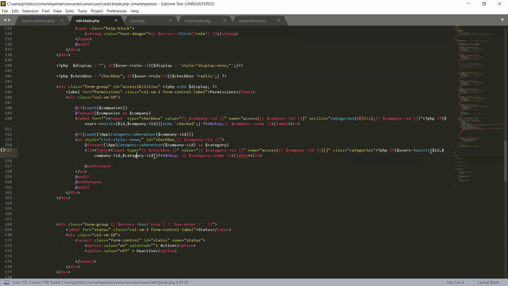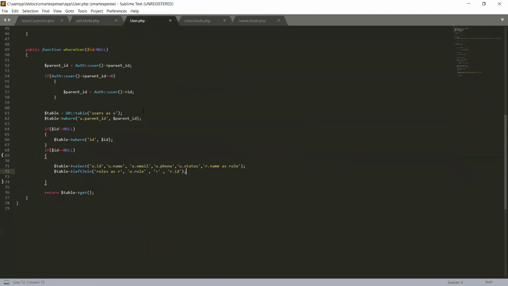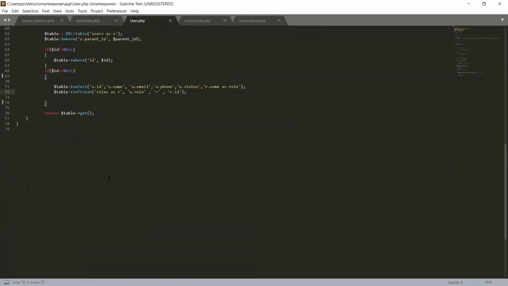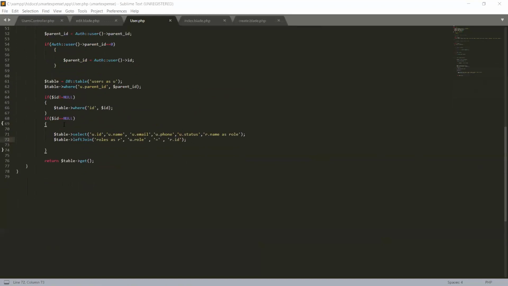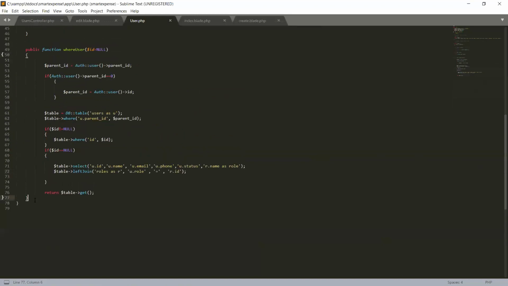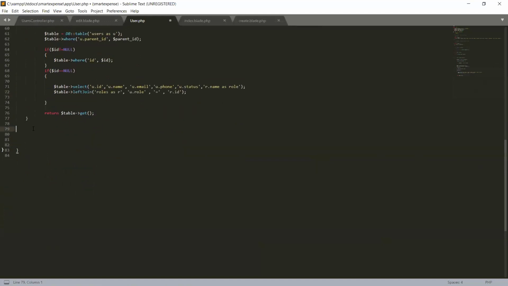So we need to create a function right now in our user model. Let's come to our user model. And where it is, this ending here. Okay, let's create public function exists, and we will pass the parameter ID.